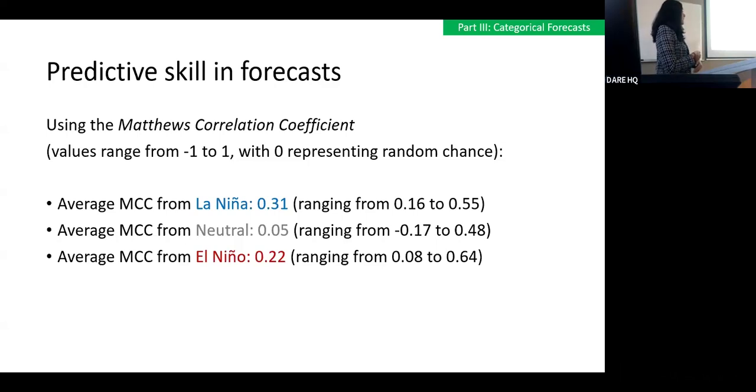Whereas if you look at La Niña, the models were able to take in that information and perform quite well. So this is consistent with what we found in the first project, where you have some states that are very sensitive to perturbations and some states that are not. So it seems that La Niña is not sensitive to perturbations, and you can actually predict quite well what's going to happen next. Neutral is very sensitive to perturbations, and you're better off just not trusting the model. El Niño is somewhere in between those two.